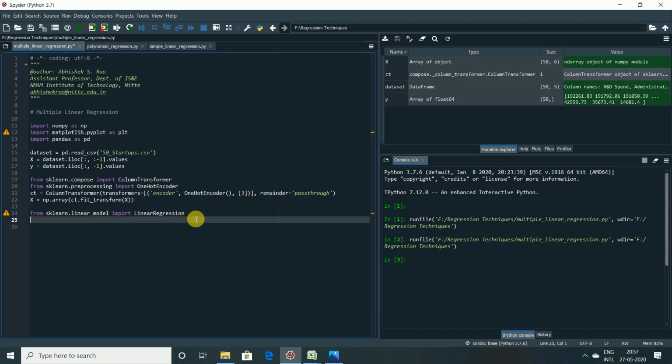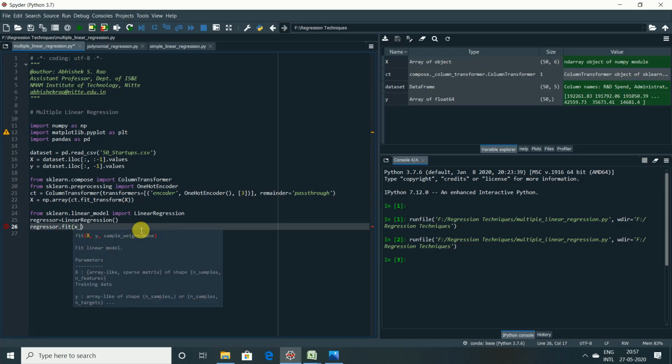After that, obviously you all know we have to create an object regressor, where we create an instance of the class LinearRegression, right? There are no parameters, as you all know, and finally we will fit it. So regressor.fit of the training set, that is X_train comma y_train.